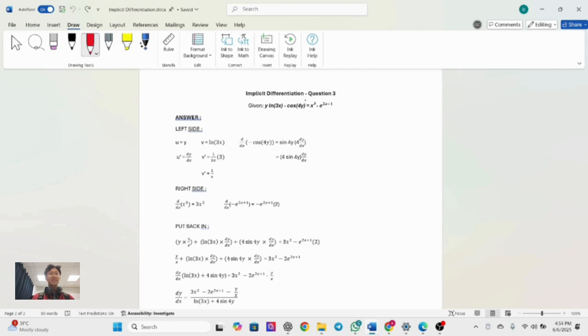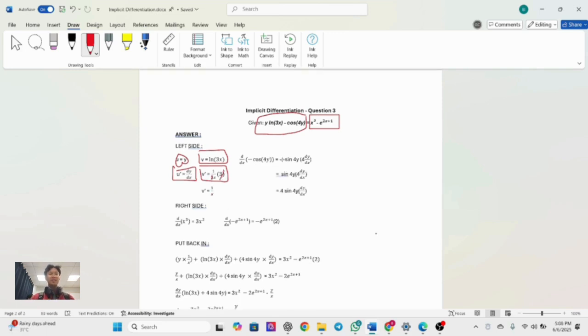and we need to separate this into the left side and this into the right side. So the second step is to apply the product rule to y ln 3x, and we need to treat y and ln 3x as separate functions and apply the product rule. So y is equal to u, and the u prime of y is dy over dx, while for ln 3x, the v prime is 1 over 3x times 3, and we can eliminate the 3, so it becomes 1